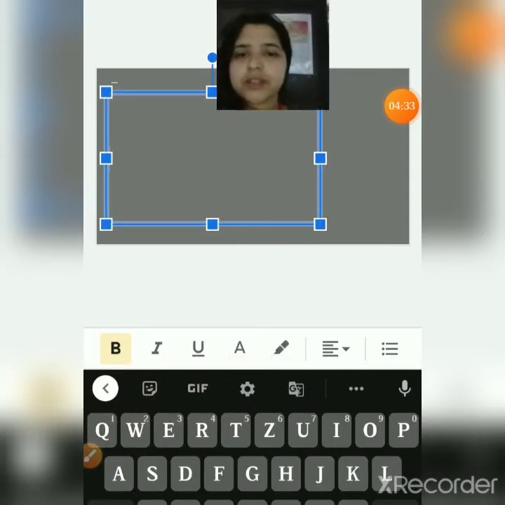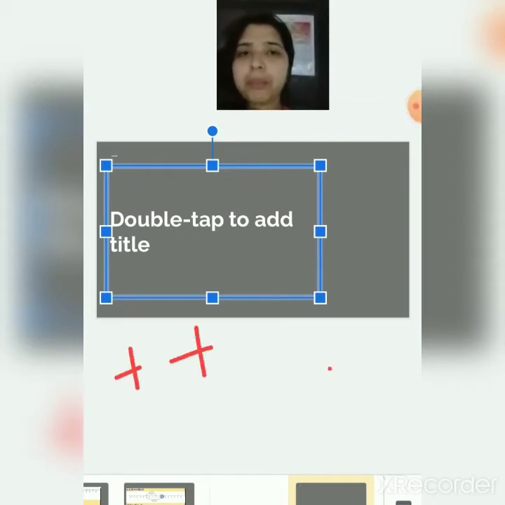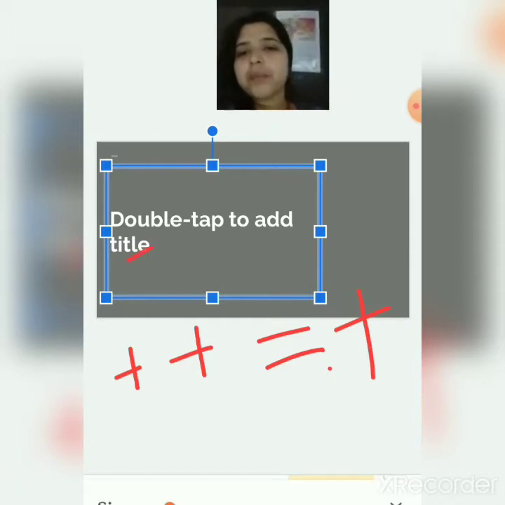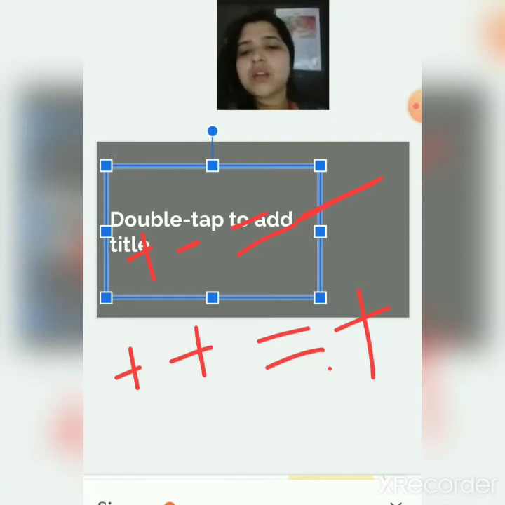My dear students, let me tell you one thing. If two numbers are given with plus signs, both are positive, so the solution will also be positive. It means you will add the numbers. So plus is plus. If you have a number plus minus, then plus minus is minus, so you have to subtract the number. That will be minus. Now comes minus minus.